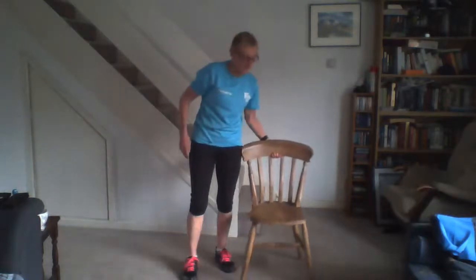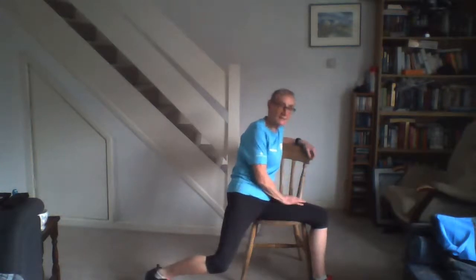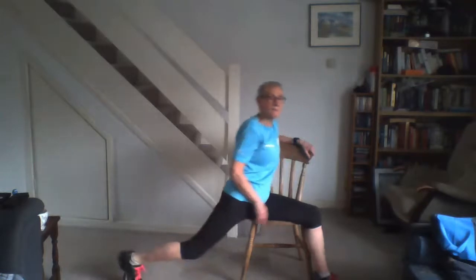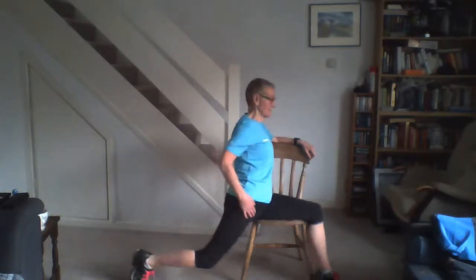Last one, sitting down. This is the one some of you find hard. So you're going to be sitting sideways on the chair, but this cheek is not on the chair. It's only this leg that's on the chair, so that the chair doesn't get in the way. And then you're going to stretch this leg out behind you. Now, some people are saying they can't do this one. You maybe can't do it right out like that, but if you can just do it any which way and